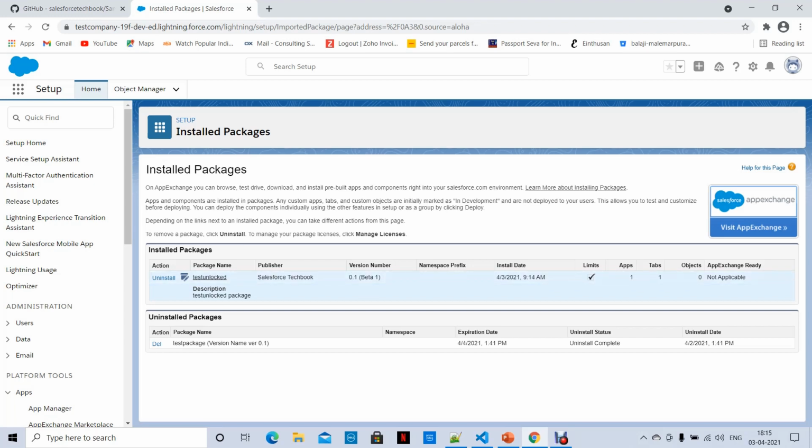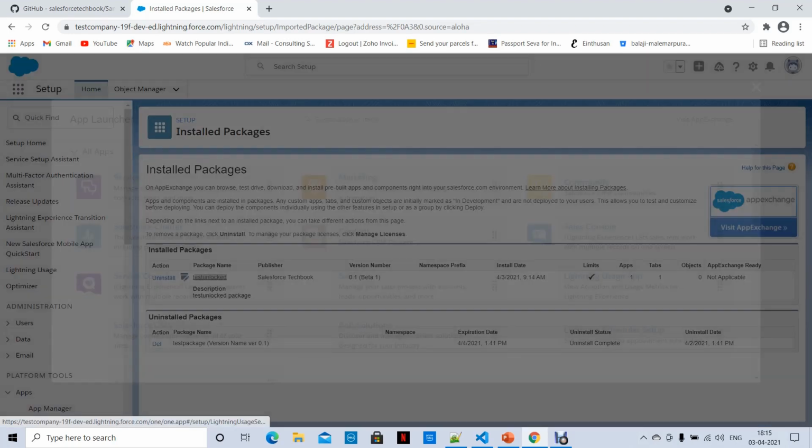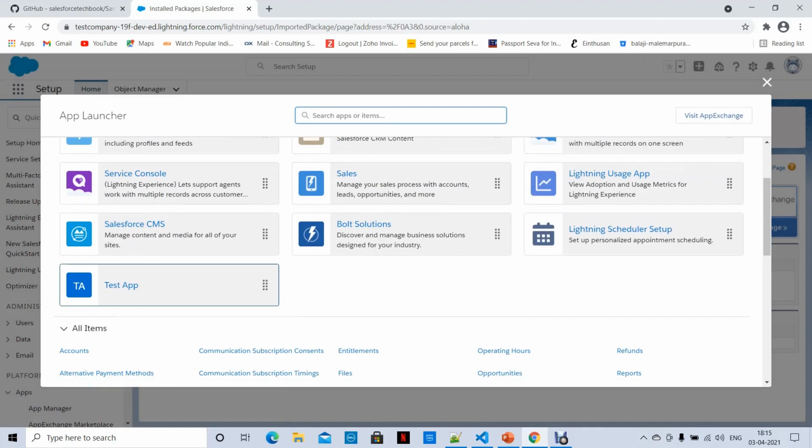And when it is installed now, what is going to happen? Let's see whether our package came or not. I mean, our app came or not. See here, test app, it came.